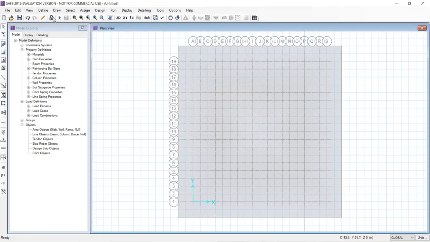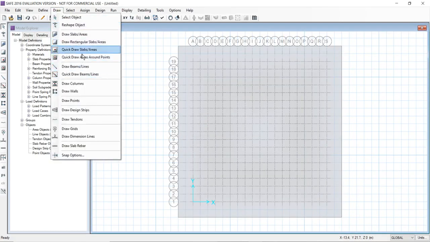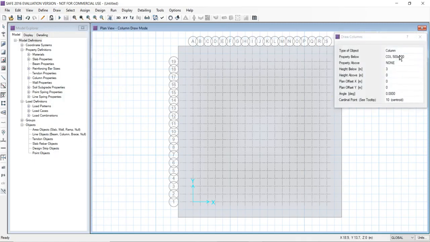Now we'll draw columns. Go to draw columns. Firstly, the below property will be none and the property above will be column 500. Below height will be 0 and height above will be 2 meters.